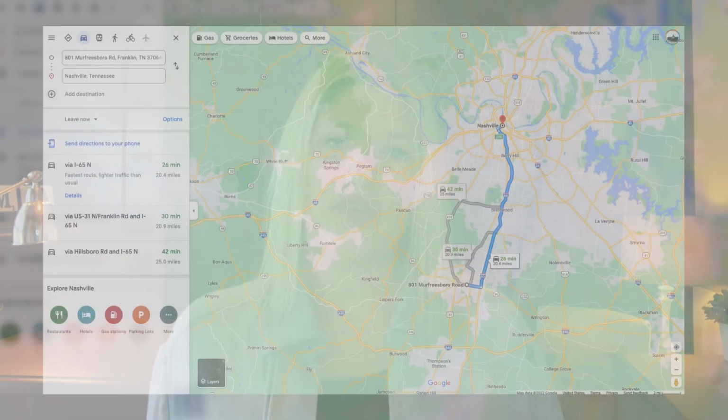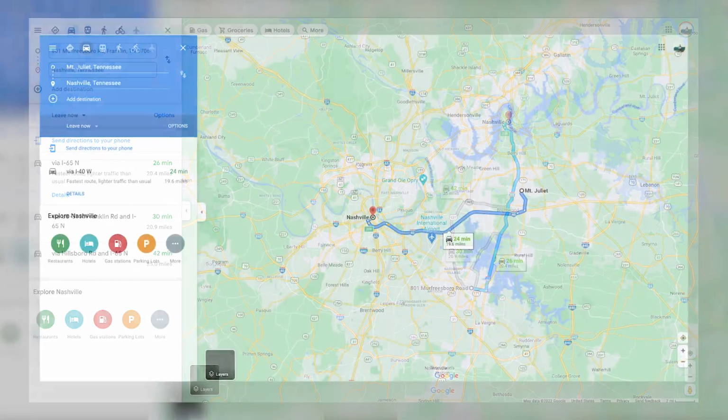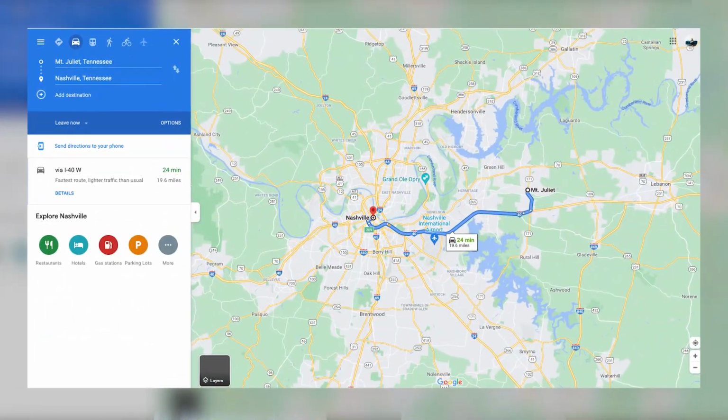Okay, so let's go ahead and get into some of the things that separate Mount Juliet from Franklin. First of all, let's just talk about some of the stats. For both Franklin and Mount Juliet, they're both located about a 20 to 40 minute commute time from downtown Nashville, depending on what part of town you're coming from. Now keep in mind, that's obviously during optimal traffic times. They can get much longer depending on the time of day, but that's just a general estimate with